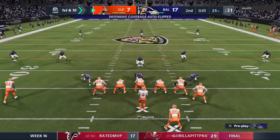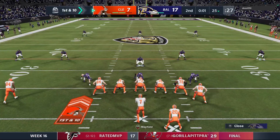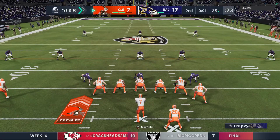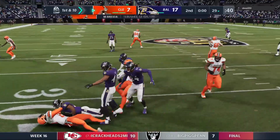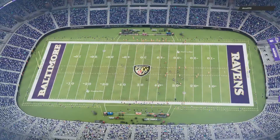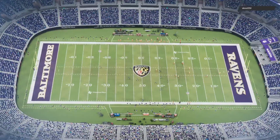The Browns drive about to get started. And from this spot in the field with the clock where it's at, you think we're just going to see a knee and that's it? And I think in this situation, that's the proper play. But we do know there's some risk takers out there that may want to take one more shot before the clock runs out. So we reach halftime here in a 10-point game as we send you down to Orlando